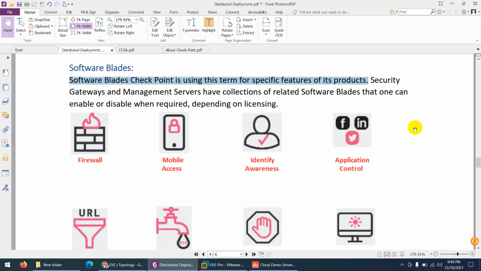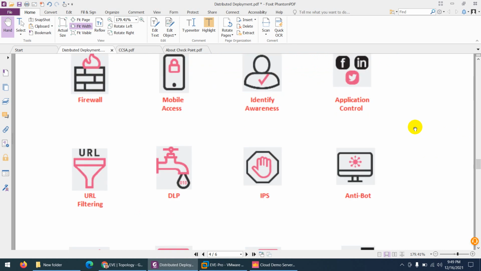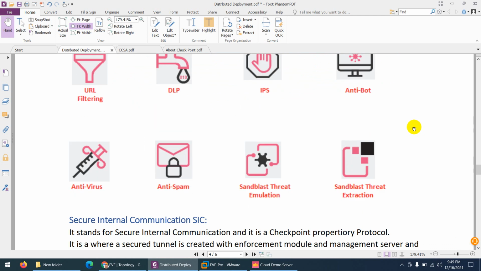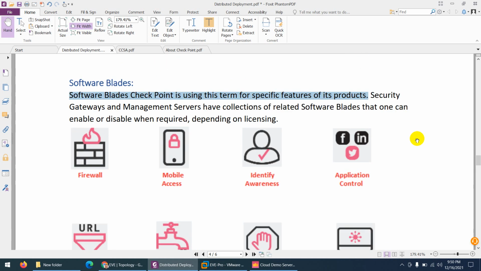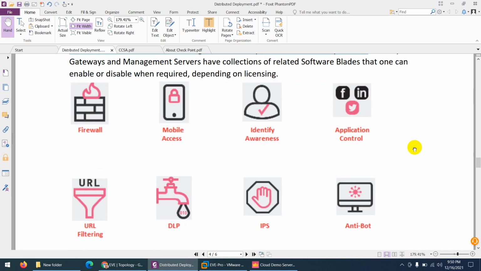Mobile access, firewall, URL filtering, DLP, IPS, anti-bot, antivirus, anti-spam, threat prevention, and many others. These are called software blades. So when you hear about software blades, just imagine these are features, add-ons. Checkpoint calls them software blades to enable. So now you get the idea of what software blades are.